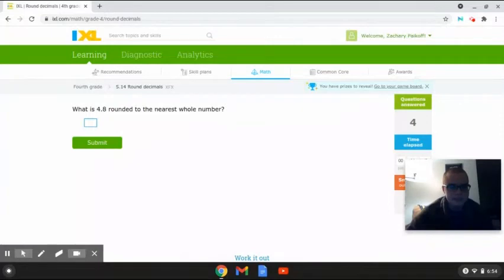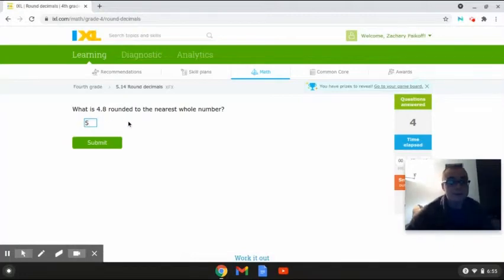Okay, so this next problem reads, what is 4.8 rounded to the nearest whole number? Okay, so in this problem we are given 4.8, and if we look, the number 4 is the key digit that we're going to be looking at, so that's the number that we're going to be rounding to. And if we look to the right of the number 4, we have the number 8, and the number 8 is bigger than 5, so that tells me that this number is going to round up,